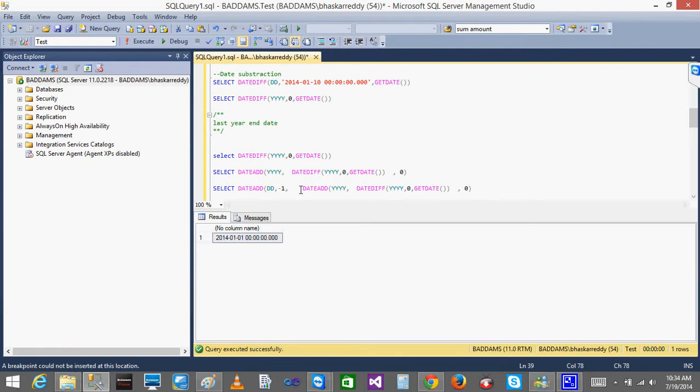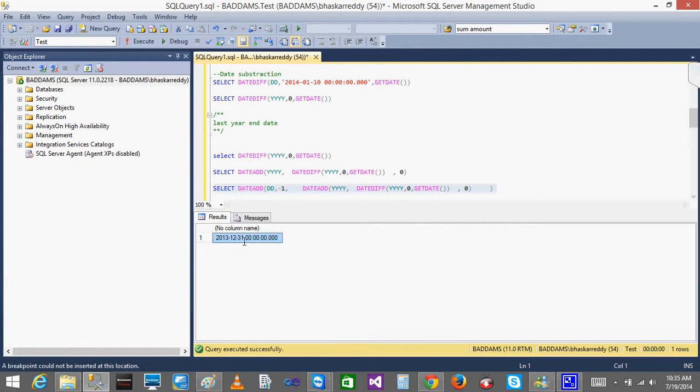Okay, that's it. When I close this, now you will be getting the last year end date. Okay, last year's last date. So this is a way you can play. You can do the same thing with the month. I'll give that one as your assignment. Okay, try doing by month. I want the last month start date and I want the last month end date.